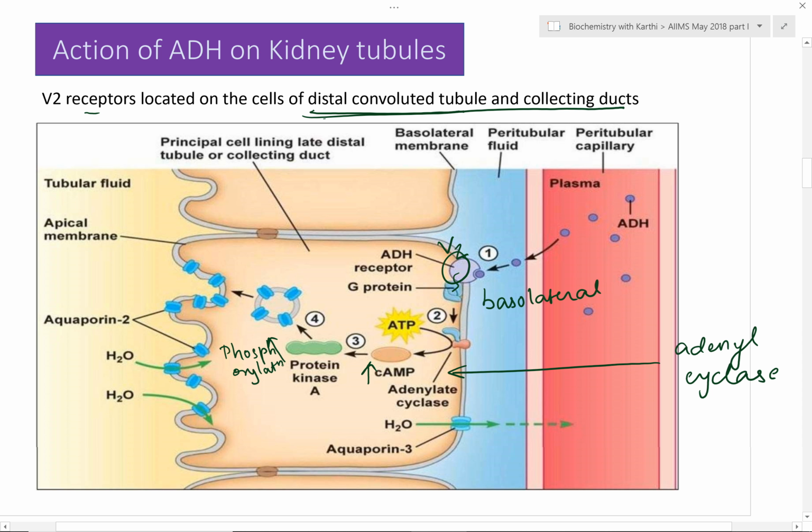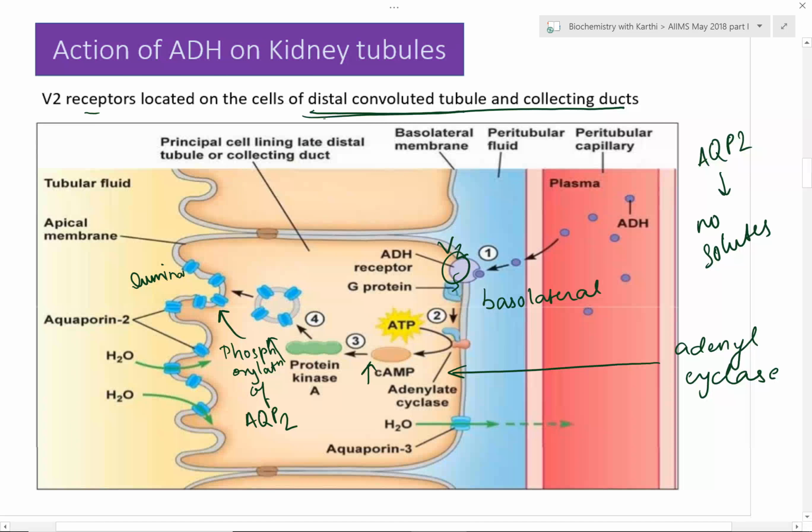They will cause phosphorylation of aquaporin 2, and this will cause it to translocate to the membrane. Now the aquaporin 2 is a water channel which is selective for water, so it will not let any solutes enter along with the water. So once it translocates to the luminal side, which is the lumen of the kidney tubule, the water will start entering